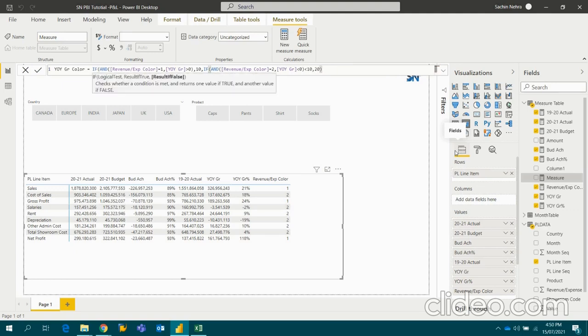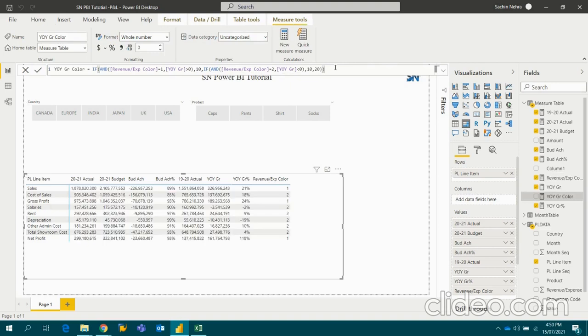What exactly is this formula saying? So I'll just read this formula again. What I am trying to say, if my revenue expense line is 1, which is in front of my revenue lines, and my year-on-year growth is greater than 0, which means positive, then only show as 10. 10 denotes my green color. If my revenue expense is 2 and my year-on-year growth is less than 0, then it will show as 10. Okay. Now I'll press enter. I'll bring this particular column here. So we'll see only in front of 1 it will be 10.